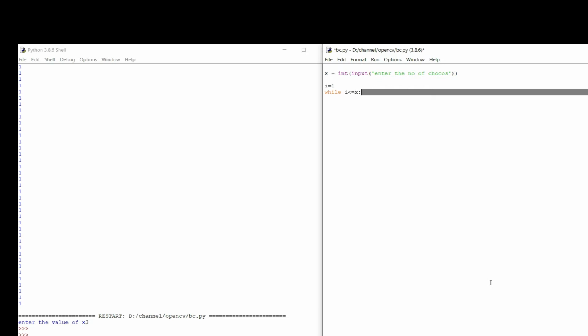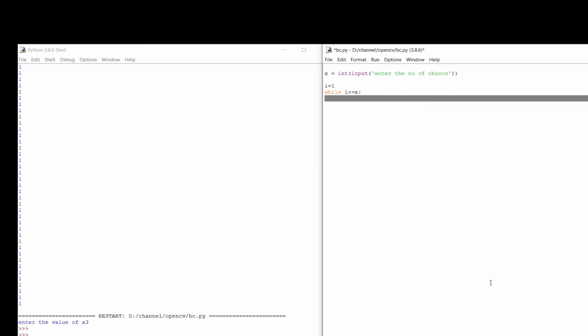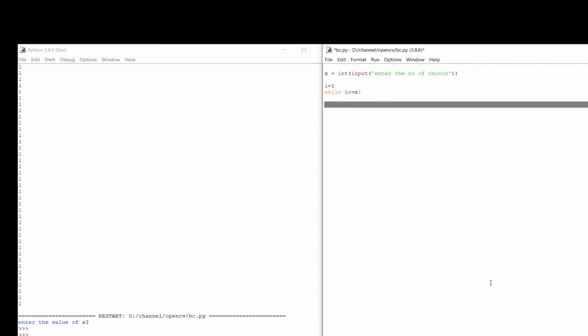If it is less than or equal to x, then I want to print chocos. So let's run this code and see what we get.